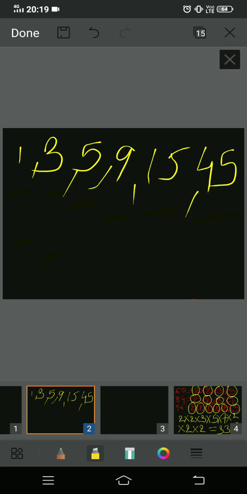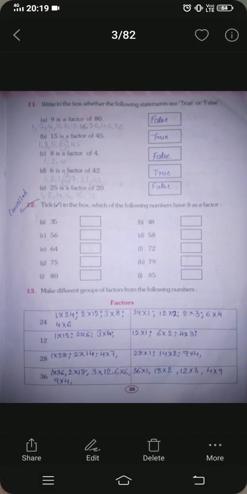ठीक है. सो दे आर आस्किंग, इज 15 अ फैक्टर ऑफ 45? तो आपने देखा यहाँ पे 15 आ रहा है आपका यहाँ पे नंबर. सो दैट इज वाई द स्टेटमेंट इज ट्रू हियर. यू विल राइट हियर ट्रू. नेक्स्ट क्वेश्चन इज,